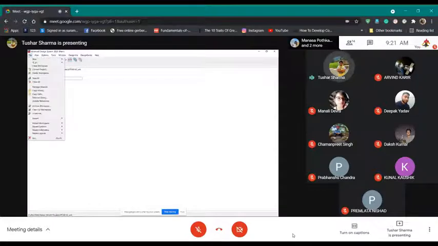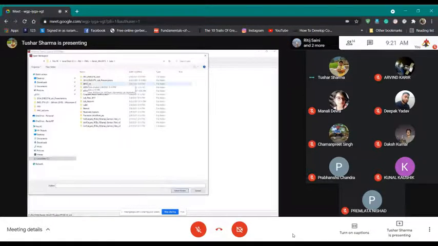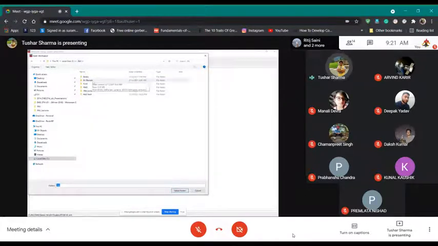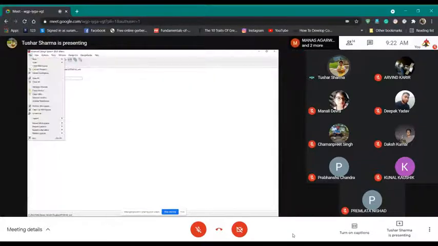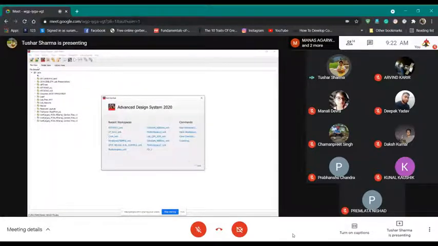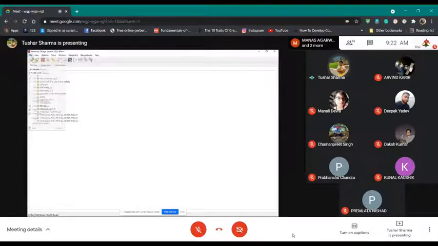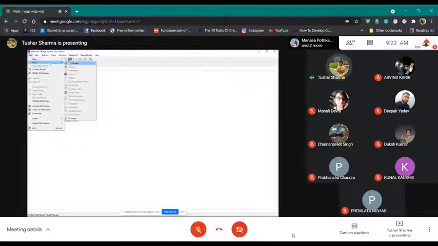To open that, go to File, Open, Workspace, and then select the folder where that workspace is. Wherever your workspace is, just go and select it. Let me close this and relaunch it. File, Open, Workspace.